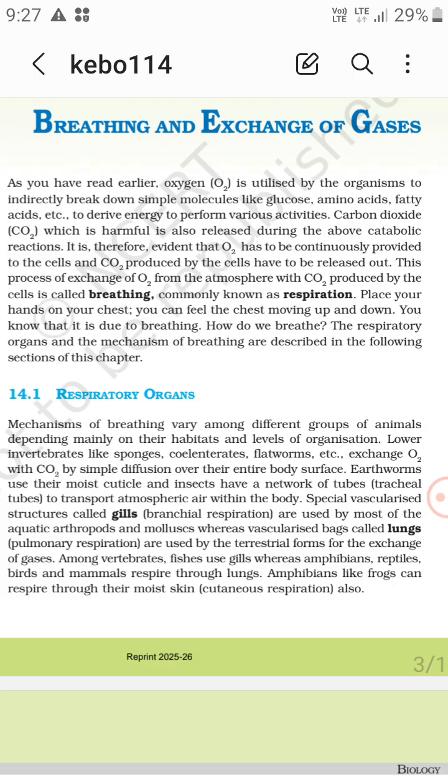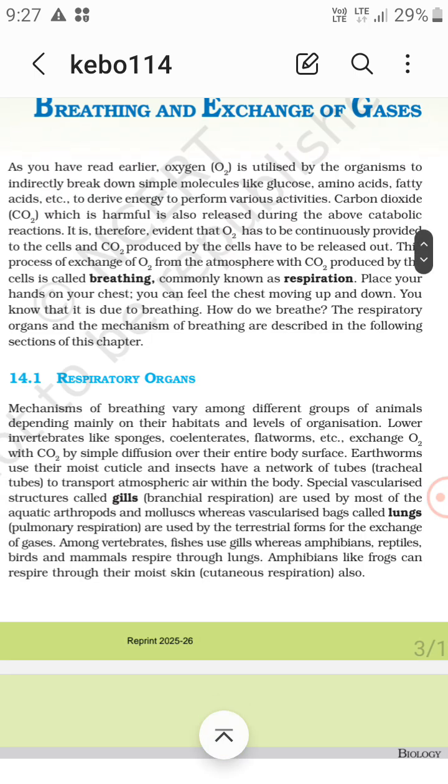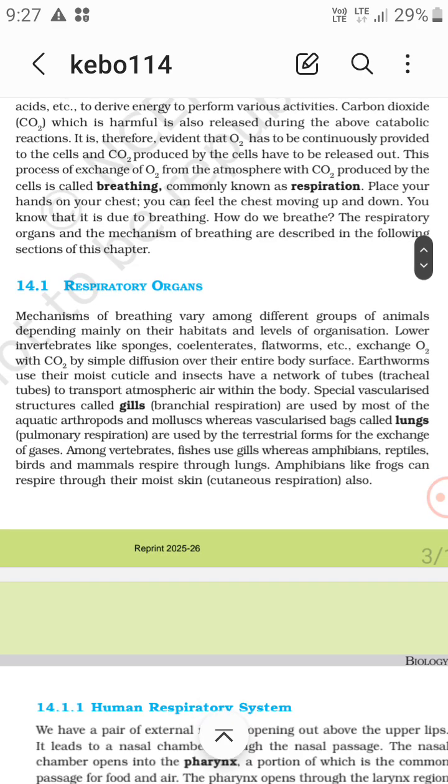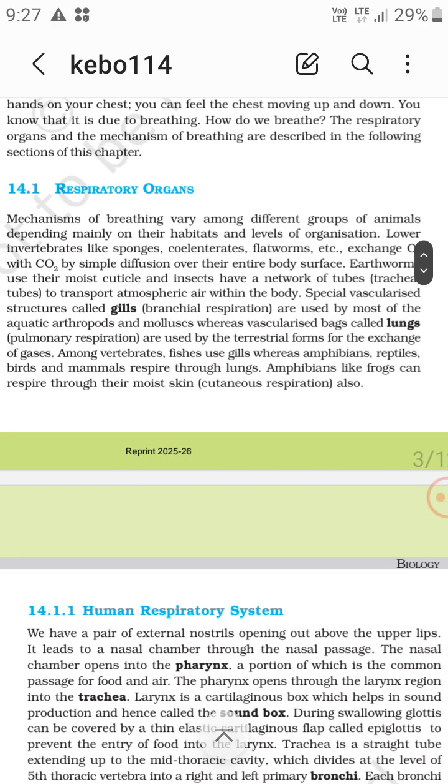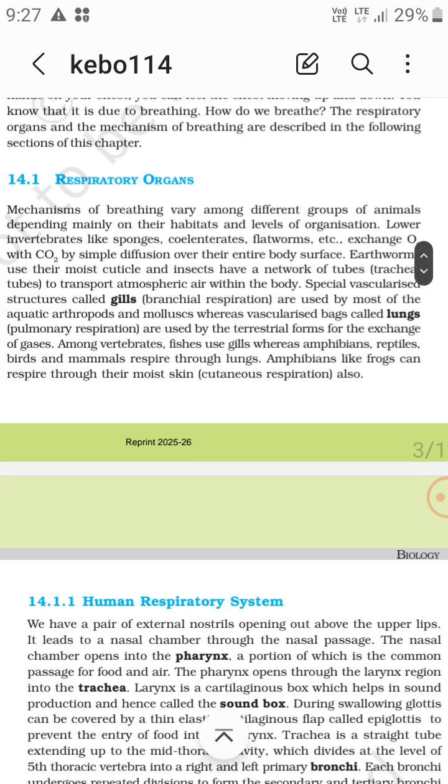Now, how do we breathe? The respiratory organs and the mechanism of breathing are described. First are the respiratory organs. The mechanism of breathing varies among groups of animals, depending mainly on their habitats and level of organization. Lower animals like sponges and coelenterates, flatworms exchange O2 with CO2 by simple diffusion over their entire